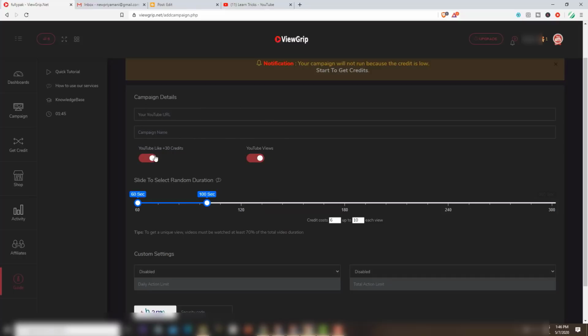So once you select this option, they will deduct 30 points for the like, and points based on how long you want your video watched, they also deduct for your watch time. So what I suggest is, if you are going only for views, then you have to disable this. Otherwise, the likes you get on this site come very fast, so your points will be eaten up very fast, and then you will get very few views compared to likes. That's why what I do is I create separate campaigns for views and separate campaigns for watch time. So when I want to create a watch time campaign, I just disable this option.